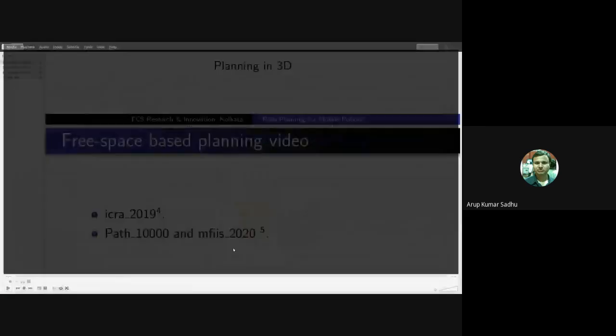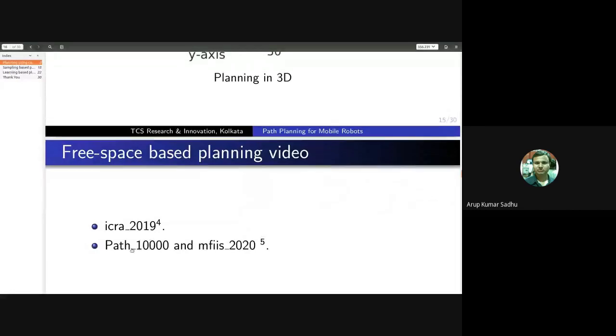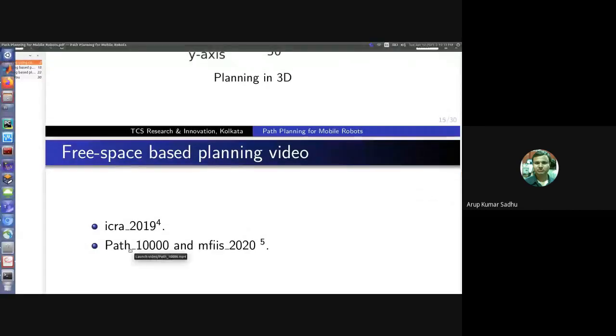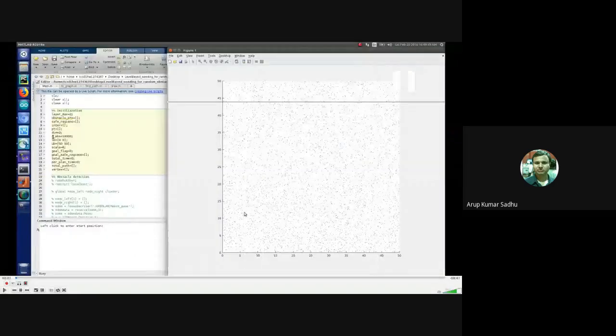So this is the portion. Another thing, we have also tested the same algorithm for a very large number of obstacles, because this work is mainly generated for cluttered environments. So you can see here, there are 10,000 obstacles.